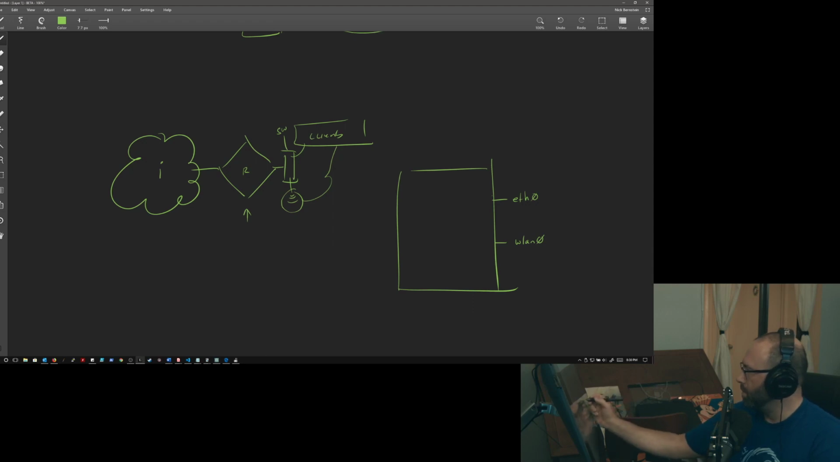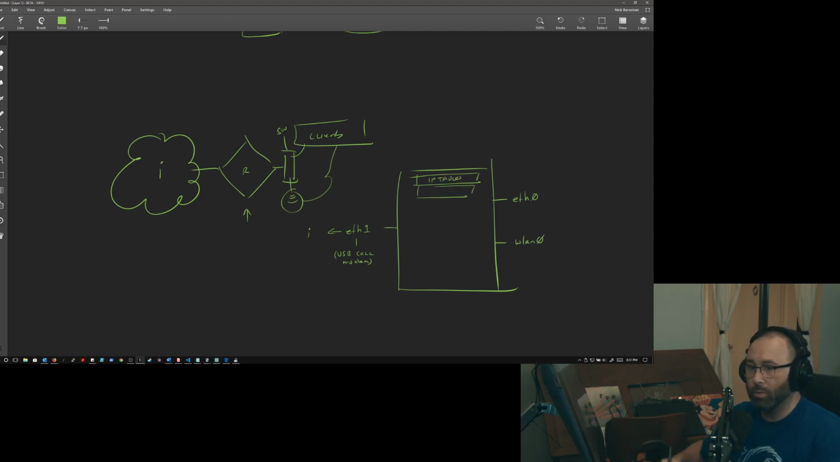So this might be ETH1 over here, right, which is USB SALT modem, and that's going to be your internet. So that's the first piece, and then we could break down the various different services that we're running, right? So we might have IP tables, right? And that could be all the rest of the stuff that we're doing to provide the additional services on